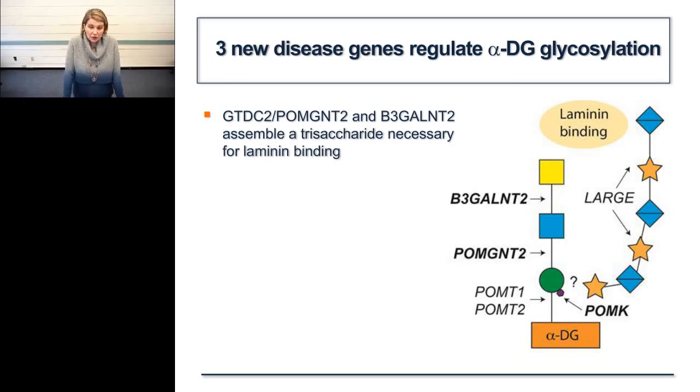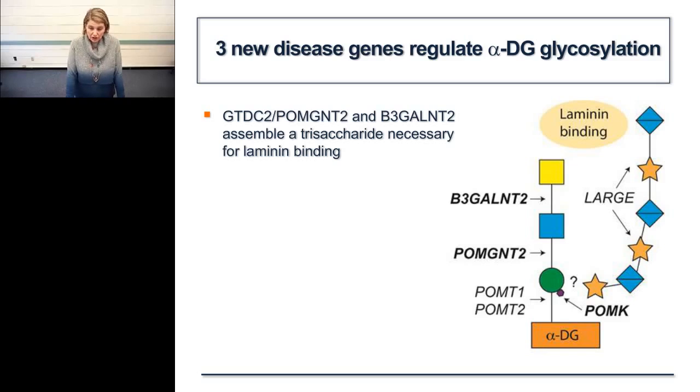From the work of several groups looking at the function of these genes, and in particular from Kevin Campbell at the University of Iowa, people identified the function of these proteins and actually showed that they are necessary for laminin binding. As I showed you at the very beginning, laminin is one of the ligands in the extracellular matrix binding to dystroglycan. There is now a very defined laminin binding glycan combination, and these genes are critical for the formation of